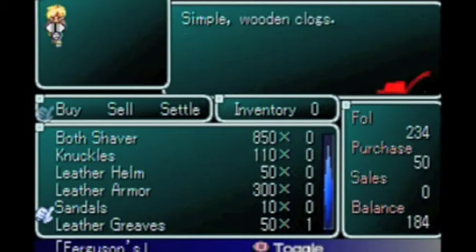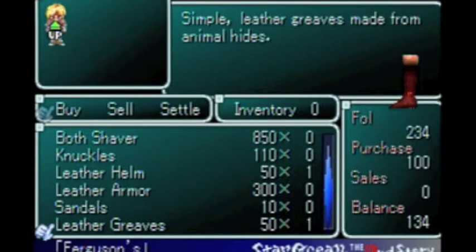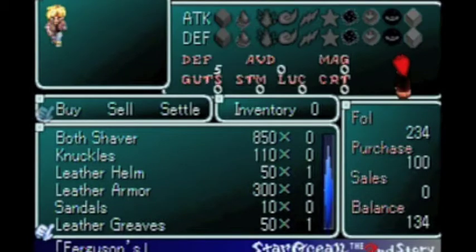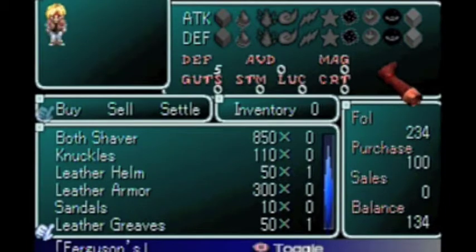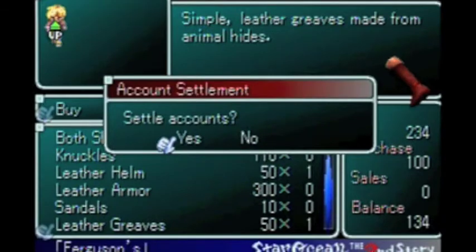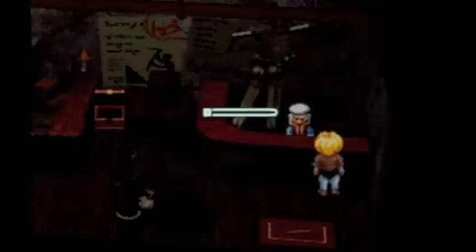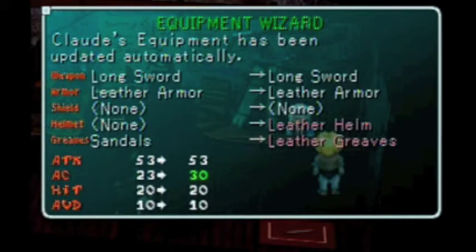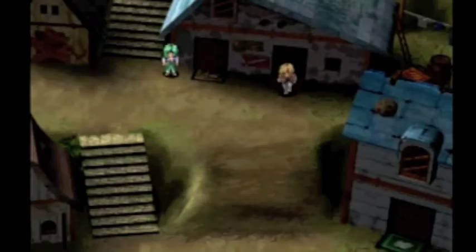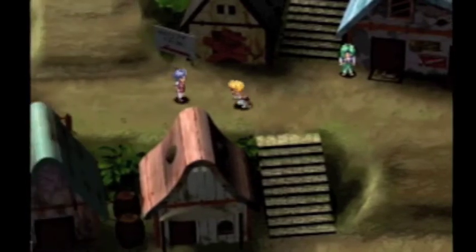Since we have the money for it, let's pick up the leather greaves and leather helm. And that's all he has. Toggle what? Whoa, that's cool. I didn't even know you could do that. Wise choice. Equipment wizard. Cloud's equipment is updated automatically. We got our AC up to 30 by using those two items. Definitely a good idea because our enemies are kicking our ass without them, so...